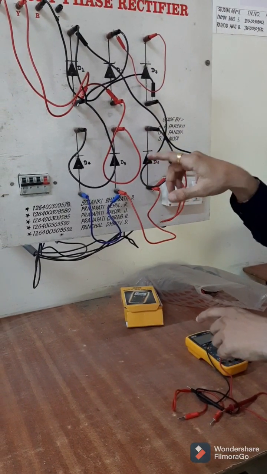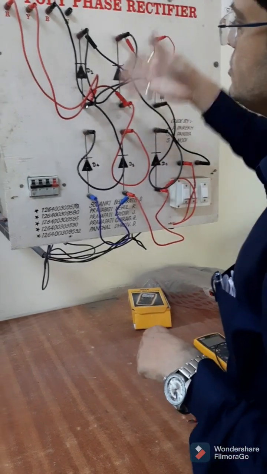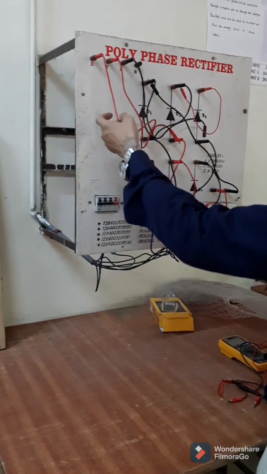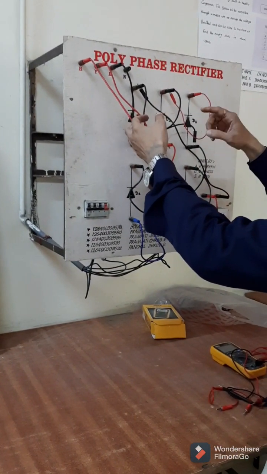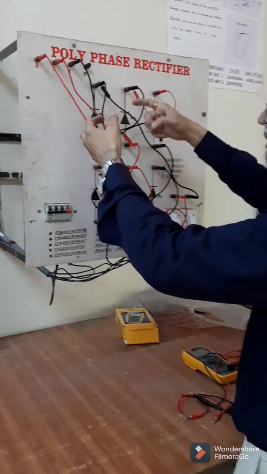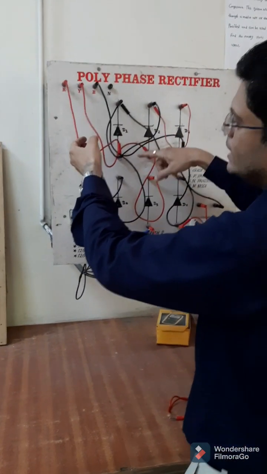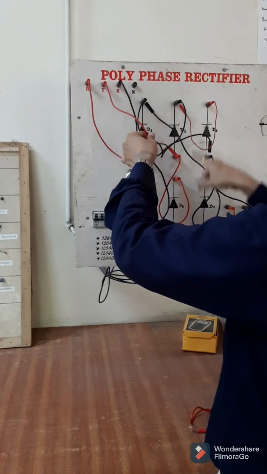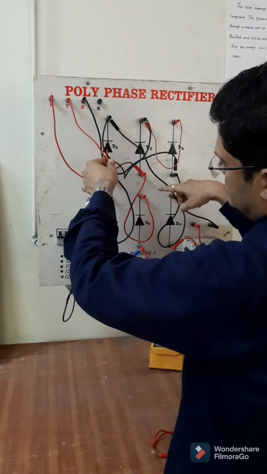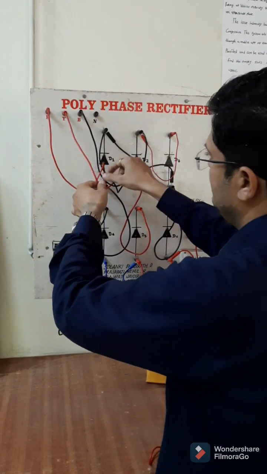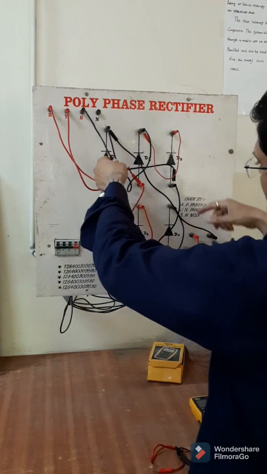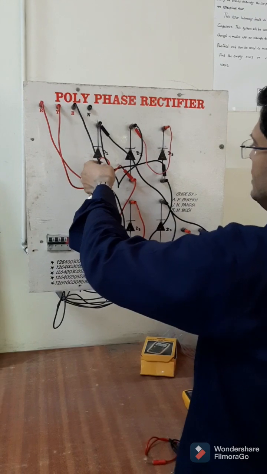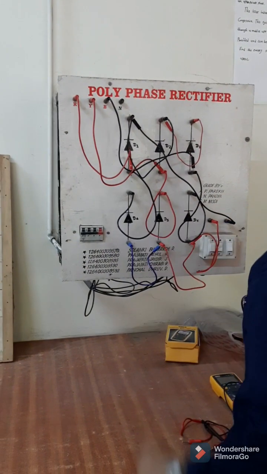Now how the supply is connected. For each pole we are going to connect R, Y and B. R is connected at the point where D4's cathode and D1's anode come together. So this is how it is connected to the first pole. Then Y is connected to the second pole where D5's cathode and D2's anode are connected. Similarly, the B phase is connected between D6's cathode and D3's anode connection. So this is how the connections are made.